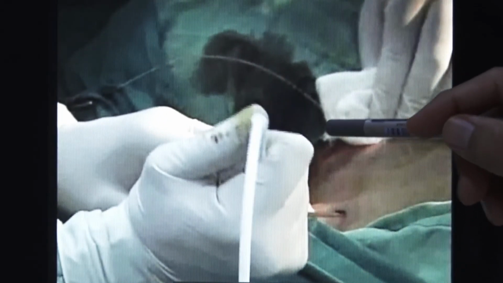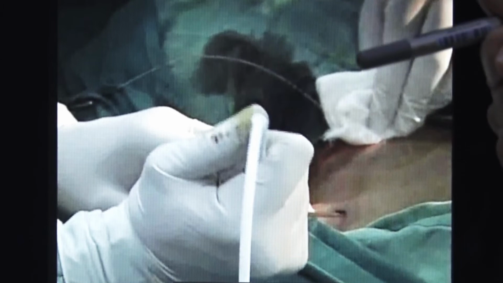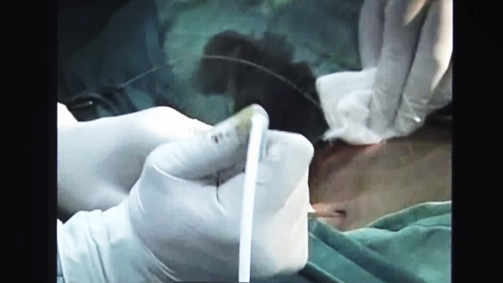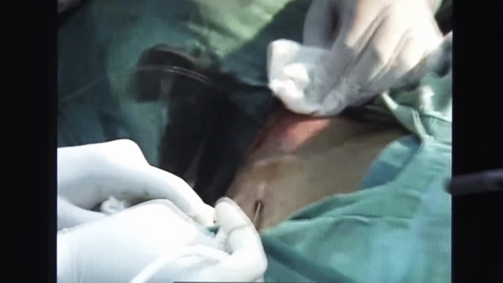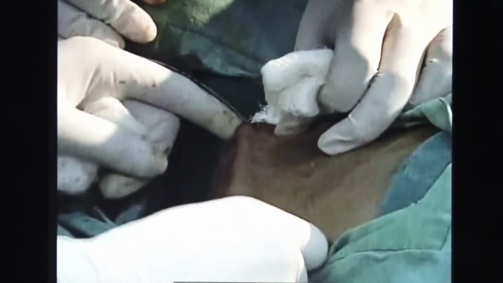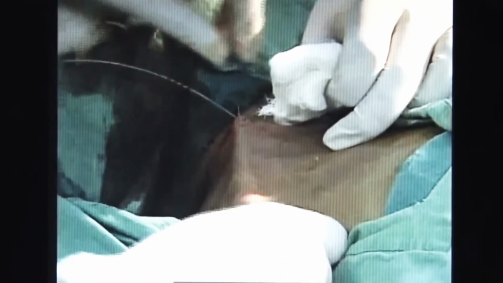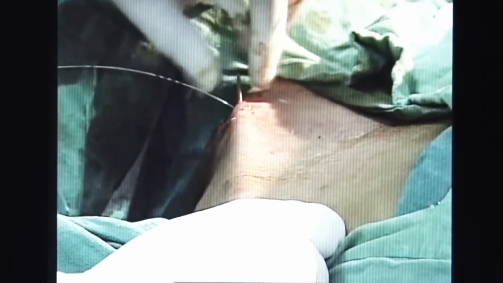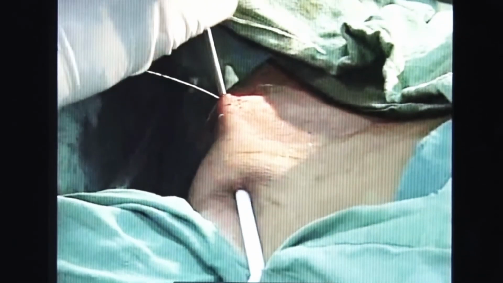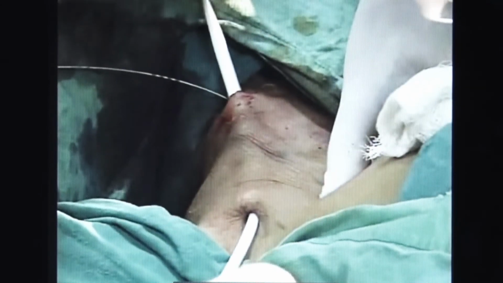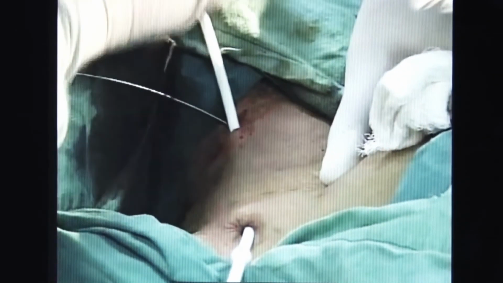So generally what I do is I take the tunneler and bend it so that it gives some sort of leverage when you are introducing the tunneler in the subcutaneous tissue. You take the tunneler and point it towards the venotomy site. Feel the tunneler with the index finger and then slowly and steadily with the pull and push technique, you take out the catheter from the venotomy site.